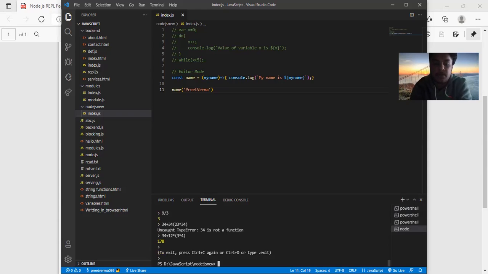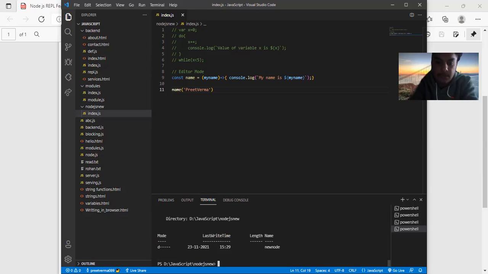in REPL mode. Now if we create a new directory, a new folder, we use mkdir and the directory name is new node. Now hit enter. This is the new directory which we have, new node. Okay, then